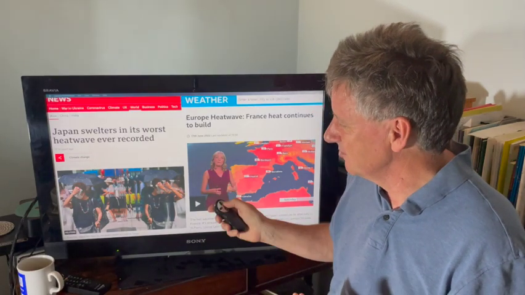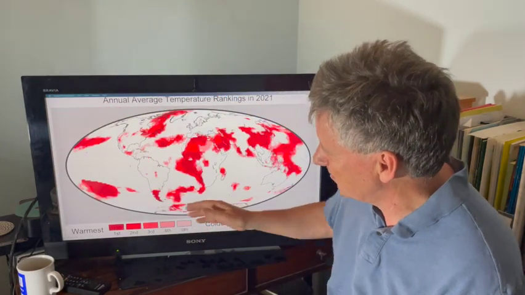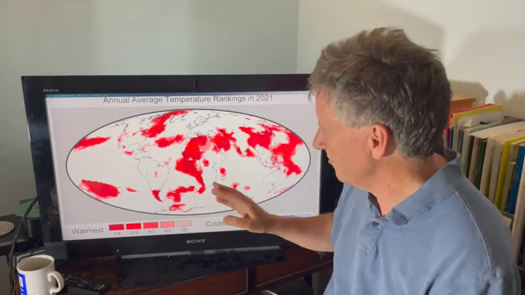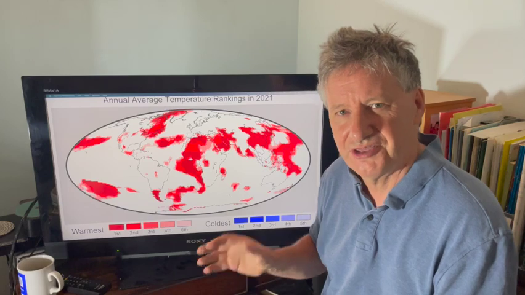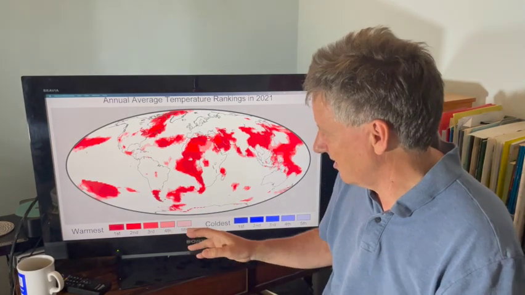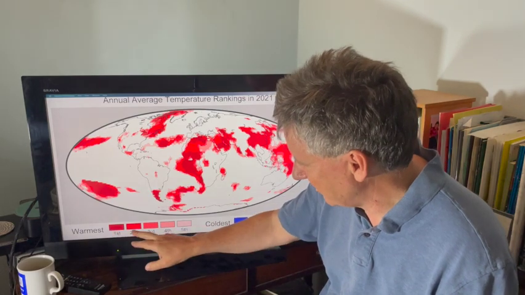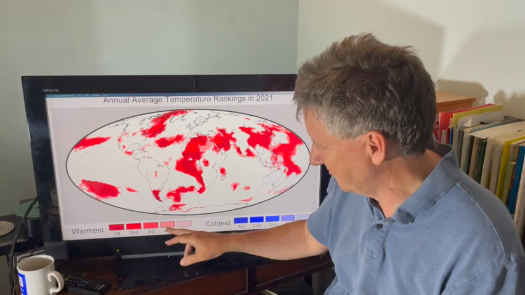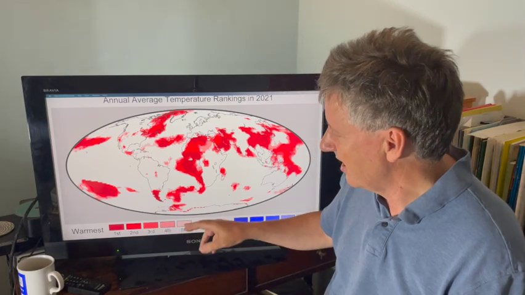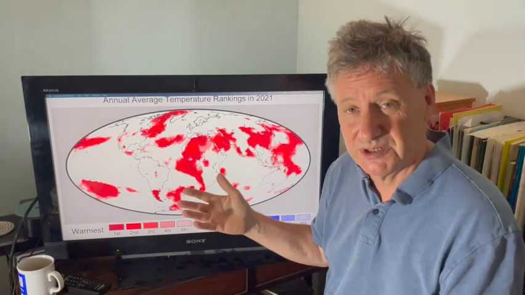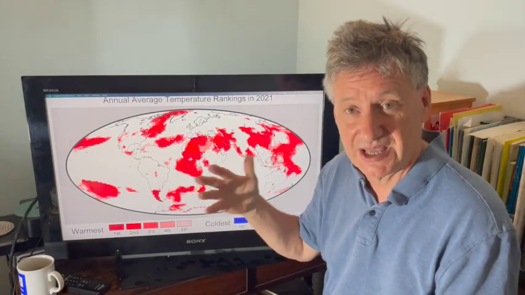And what you see are these news, and this picture of the Earth here is from 2021, and it shows areas of the Earth that experienced their hottest year ever in the records. So that's the hottest year. And then in the lighter shade of red, those are years that experience their second hottest year, third hottest year, fourth hottest year, fifth hottest year. And you can see all over the earth, places are experiencing their hottest ever year.